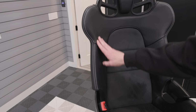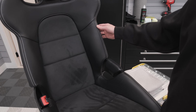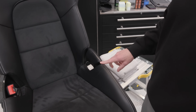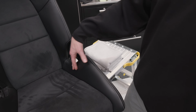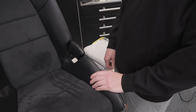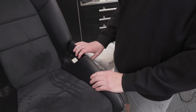The back of the seat is in pretty decent shape. Notice there's a little bit of shininess here on the side. There's some shininess to the leather here. And so I'm hoping to remove the lion's share of this shininess. Now we're going to put a bolster protector over this. And so what I want to do is clean it, condition it, and then cover it with the bolster protector. So I'm hoping to get the lion's share of this shininess out of here,